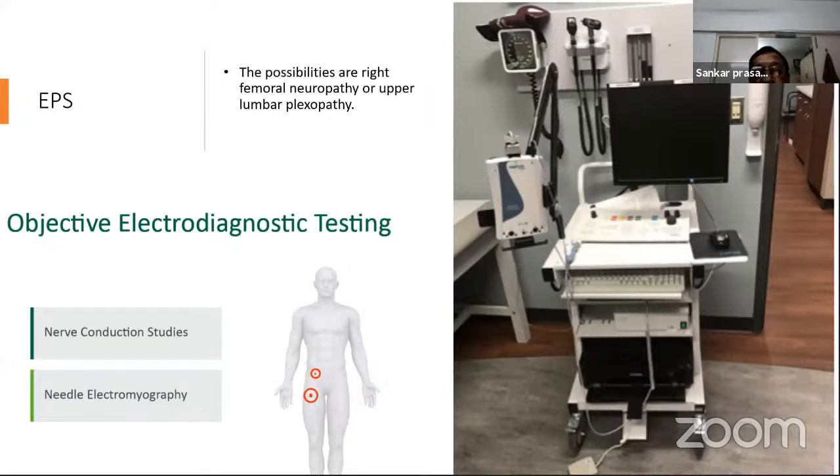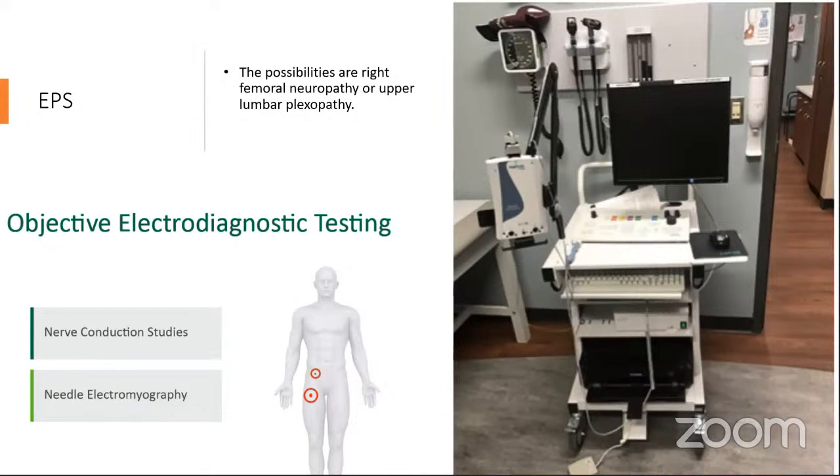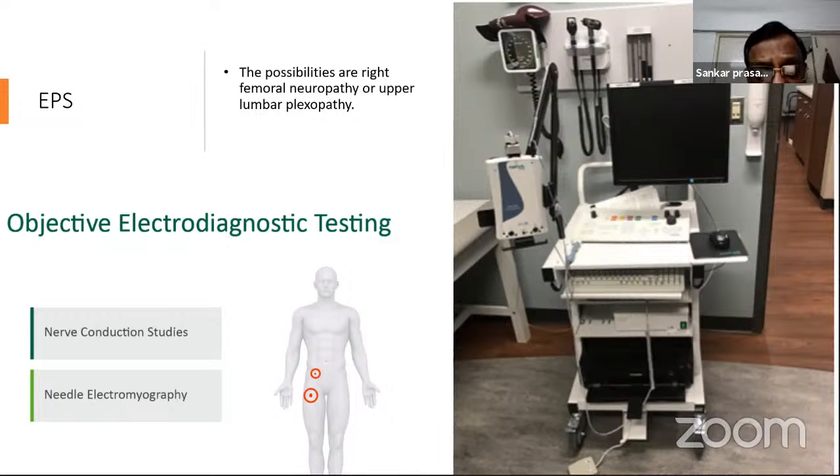Now we'll have the objective testing, that is in lab what we do. So I hope all of you do nerve conduction studies in your laboratories. In upper limbs, we try and do median and ulnar nerves, and we try and do motor nerve conduction studies and sensory nerve conduction studies, and we also look at the F waves. And in lower limbs, common peroneal and posterior tibial nerves are most commonly done, and then we do the needle